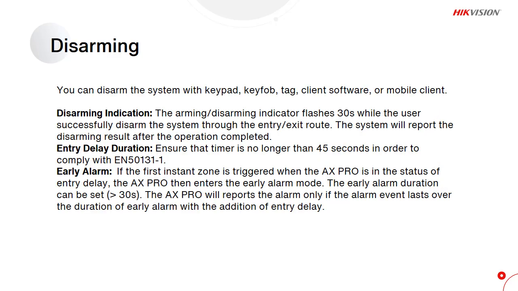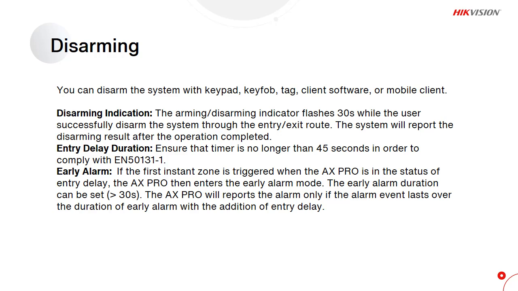You can disarm the system with keypad, key fob, tag, client software, or mobile client. Disarming indication. The arming, disarming indicator flashes 30s while the user successfully disarmed the system through the entry-exit route. The system will report the disarming result after the operation is completed. Entry delay duration. Ensure that the timer is no longer than 45 seconds in order to comply with